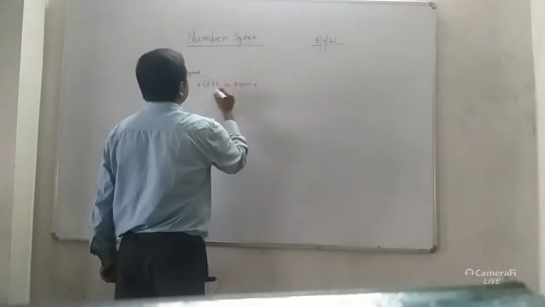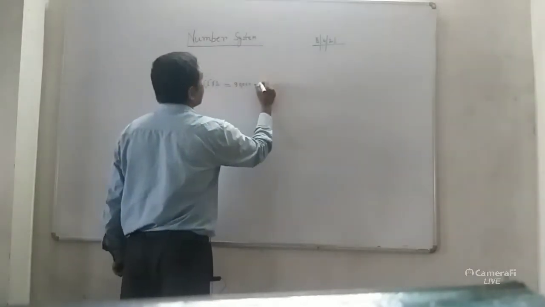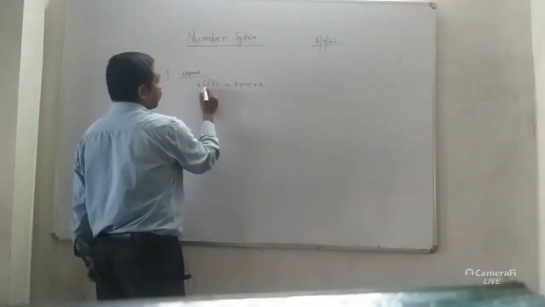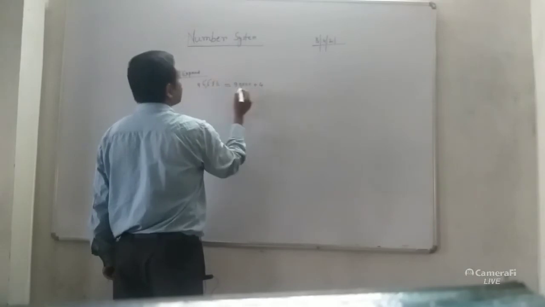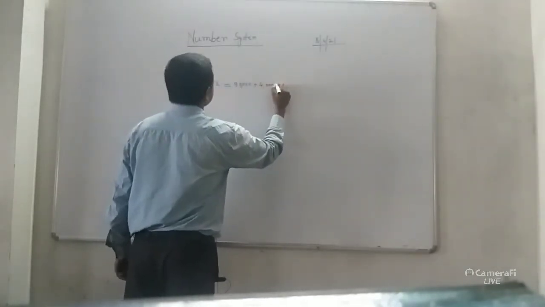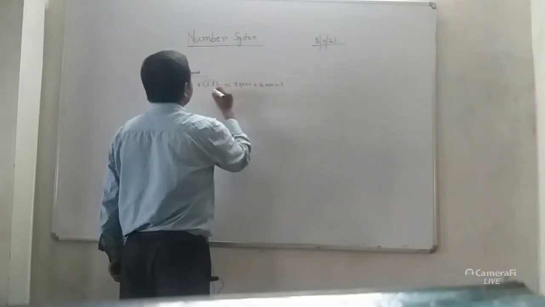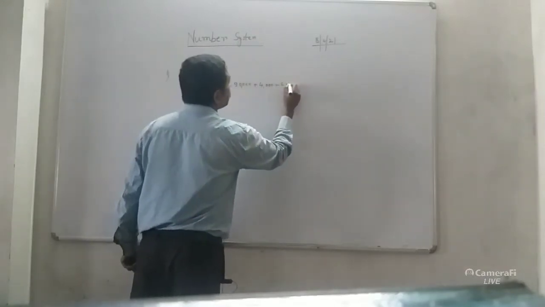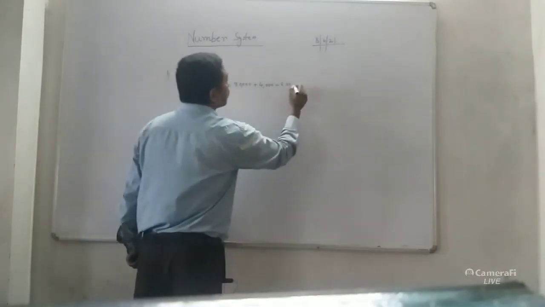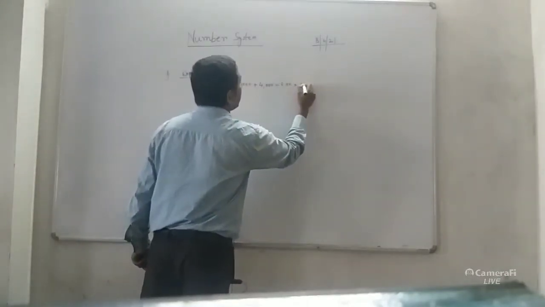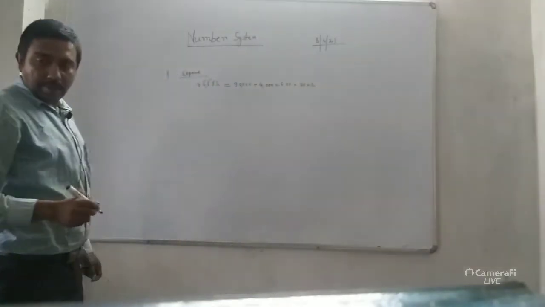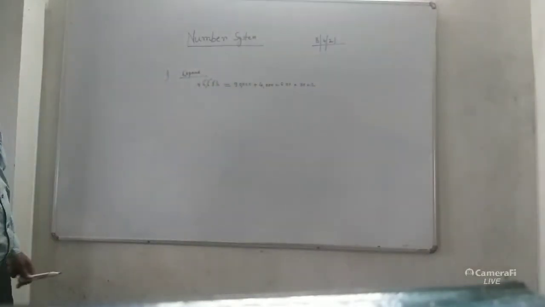Now plus 4. 9 comes in the 10,000 place. 4 comes in the 1,000 place. After the 1,000 place, how many zeros come? 3 zeros come. So write it. Plus 6. After 6, how many zeros come? 2 zeros come, as 6 comes in the 100 place. Now next one, 70 and 2. In this way you can expand a number according to the place value chart.